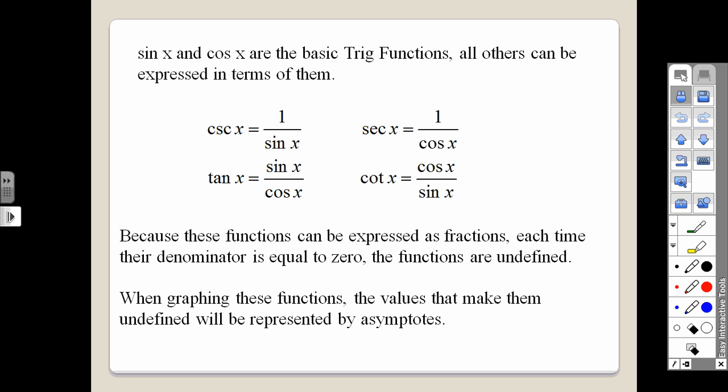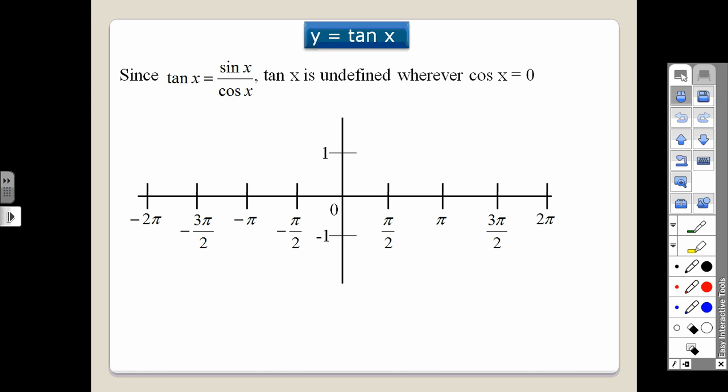Okay, so let's just jump right in to look at what the graph of tangent x would look like. So we're going to graph y equals tangent x, and the typical domain for this is going to be from negative 2 pi to positive 2 pi. Unless otherwise stated, that's what you're going to graph. So remember that tangent is equal to sine divided by cosine. So when we go to graph tangent, anytime the cosine curve is equal to 0, then we're going to have